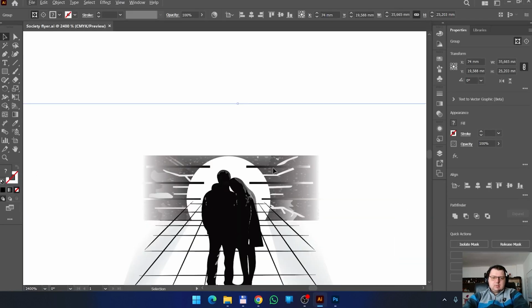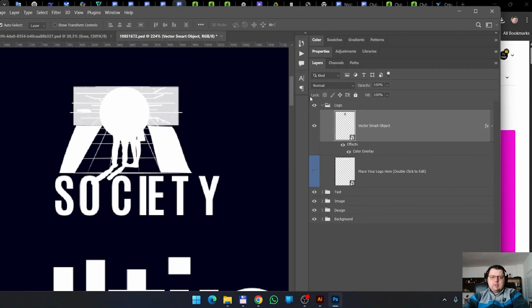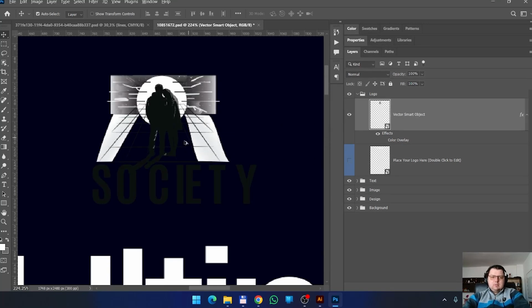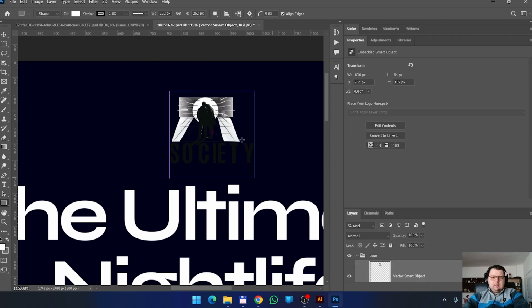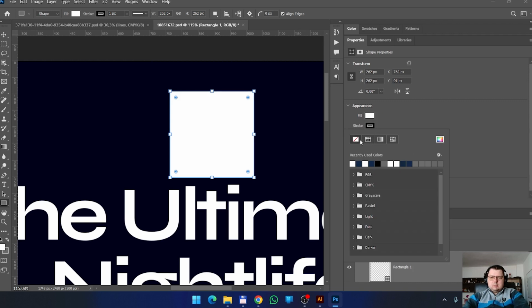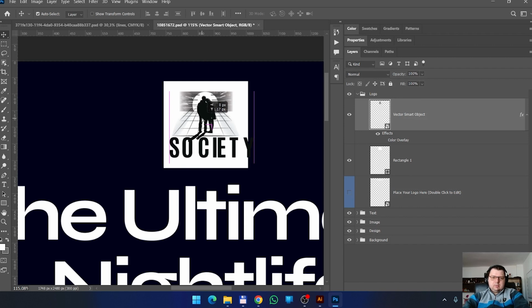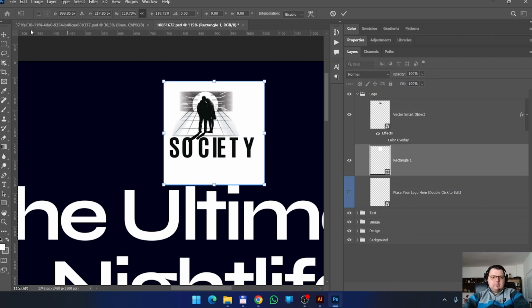Yeah, it's not working because we have some white in the logo already. So what I want to do is just make rectangles or something, or a circle, maybe a rectangle right here, something like this with no stroke, and bring the logo in front. Yeah, maybe the rectangle can be a little bit bigger.